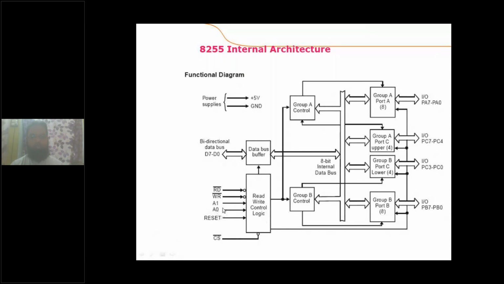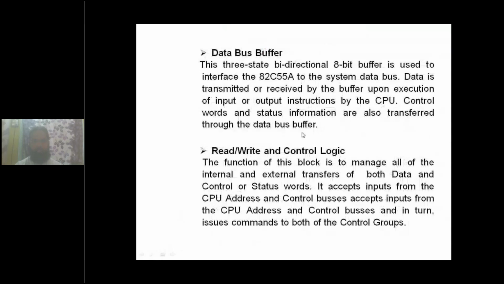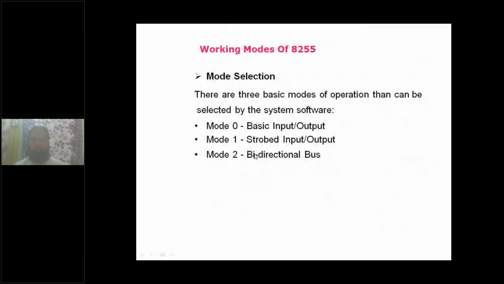These are connected to the two address lines of the processor. The remaining 18 address lines of the processor are decoded, and then the decoded output is connected as the chip select input for the 8255 to activate. So this is about 8255. As I just said, this was the explanation of each and every component of it. What I said is that 8255 operates in two modes.